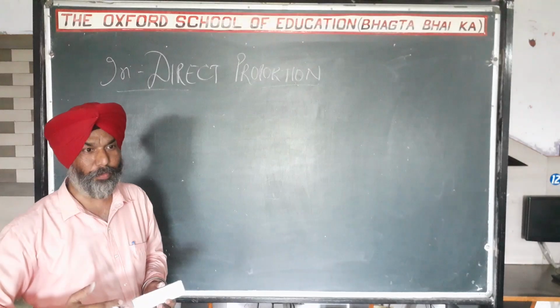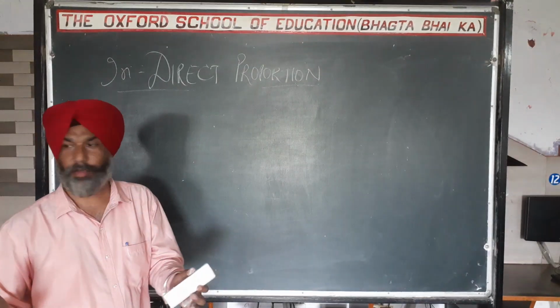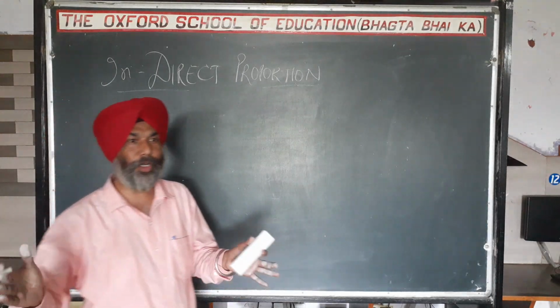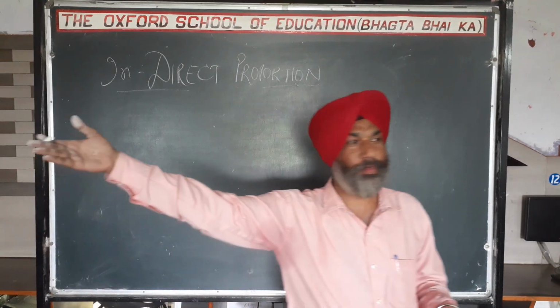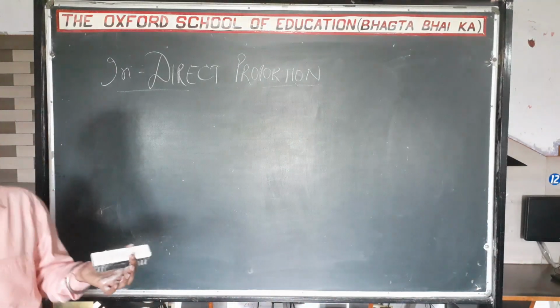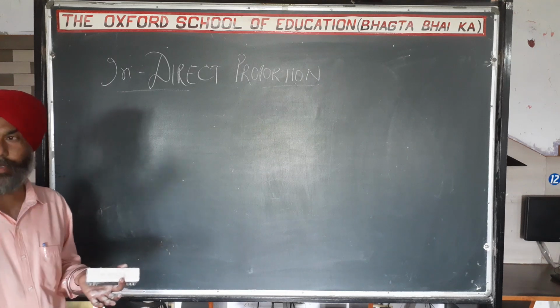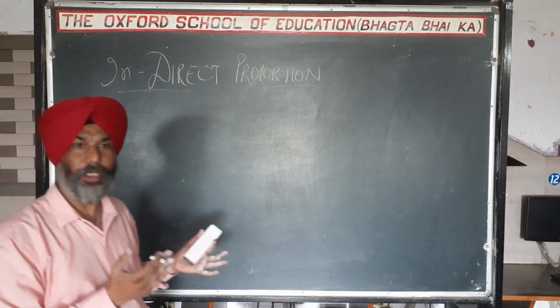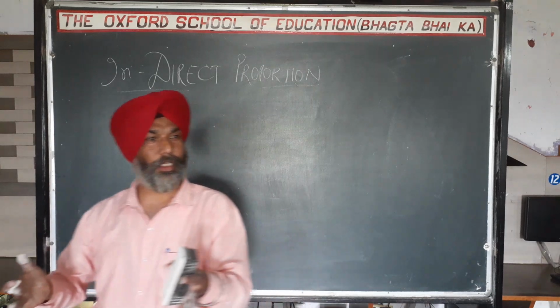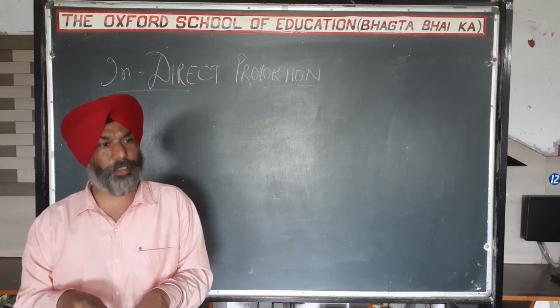are increasing in this room, the size of this room is going to decrease. You can say whenever more entries are coming, I need more rooms. Then the size of the room is going to decrease, as they accommodate a lot of space. When the number of persons increases, taking the number of persons as the first quantity and the size of your room as the second quantity, whenever more and more persons are coming, or you can take any box.